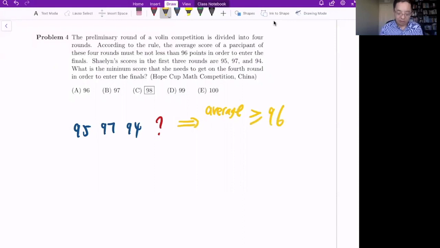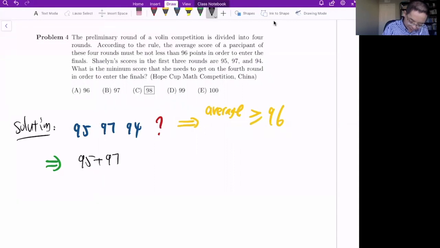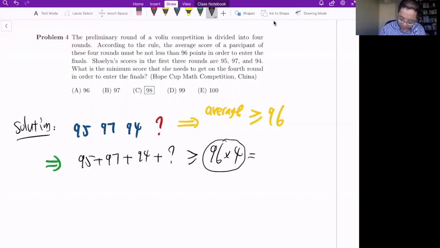So the average should be no less than 96. What does that mean? We translate this into the definition of average. It means 95 plus 97 plus 94 plus this question mark should be no less than 96 multiplied by 4, because the average is divided by 4. Let's calculate this number: it's 384. And then the question mark is at least